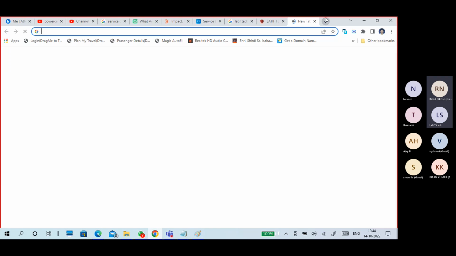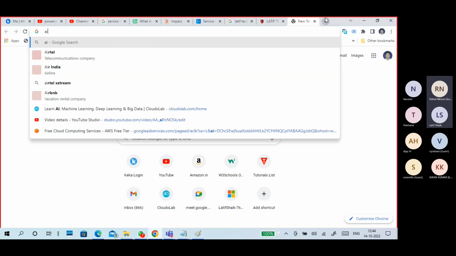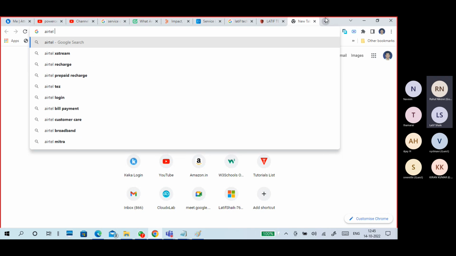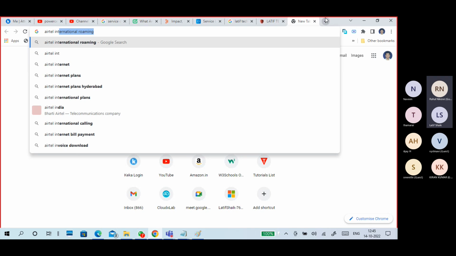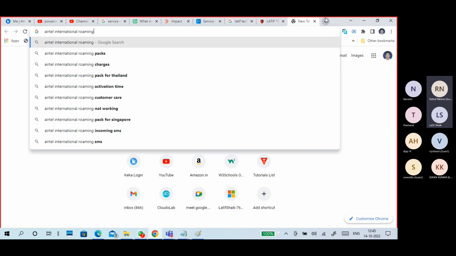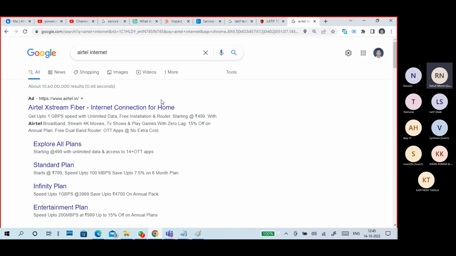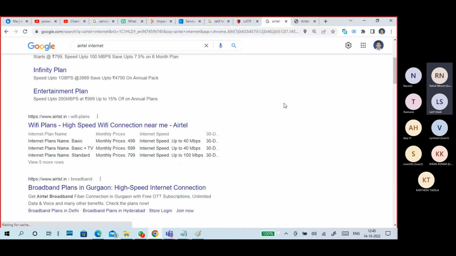For example, if I try Airtel, the details are difficult. It shows a lot of options, so it is a little confusing.